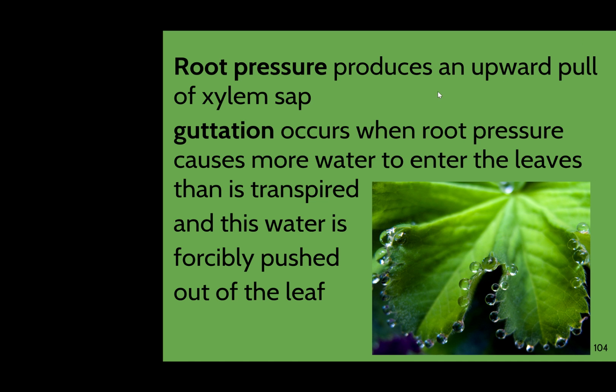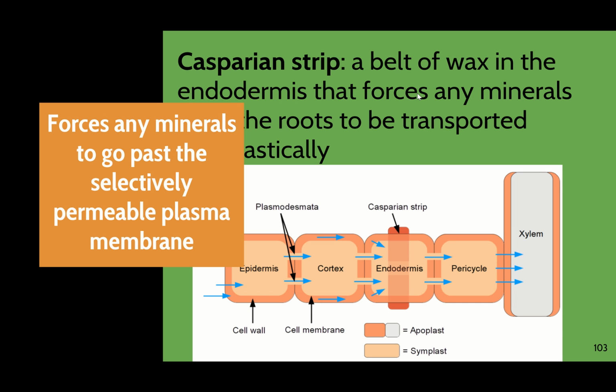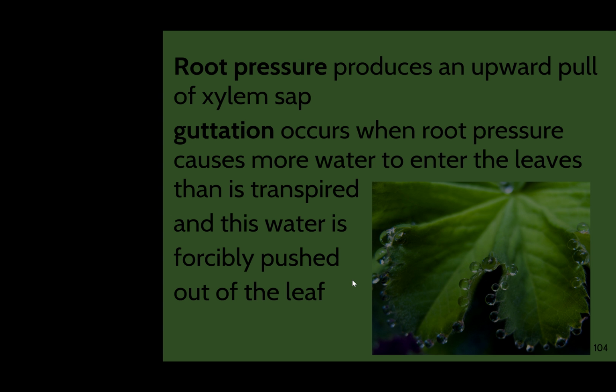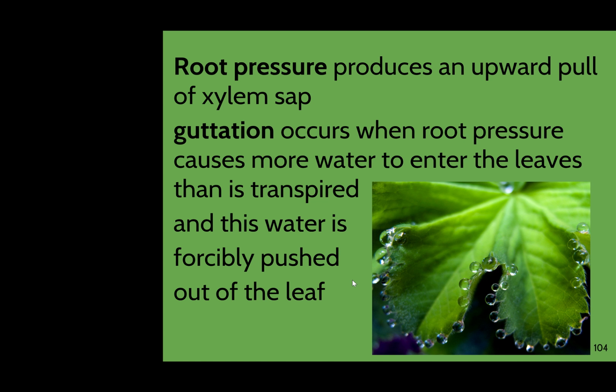So, let's get started. Where we left off yesterday was talking about the Casparian strip. Anything that needs to get into the xylem has to get past this Casparian strip, and it has to go through the cytoplasm of the endodermis, so through that symplastic route. Now, one of the results of this movement of water is this thing called root pressure, and this is basically an upward pull of the xylem sap, and